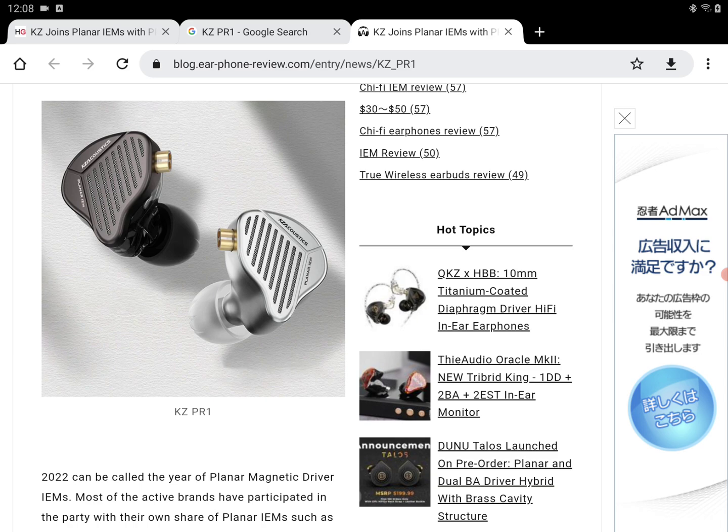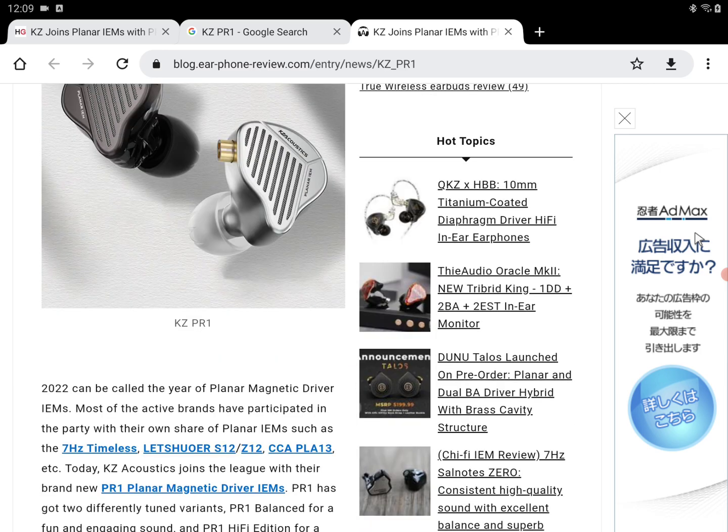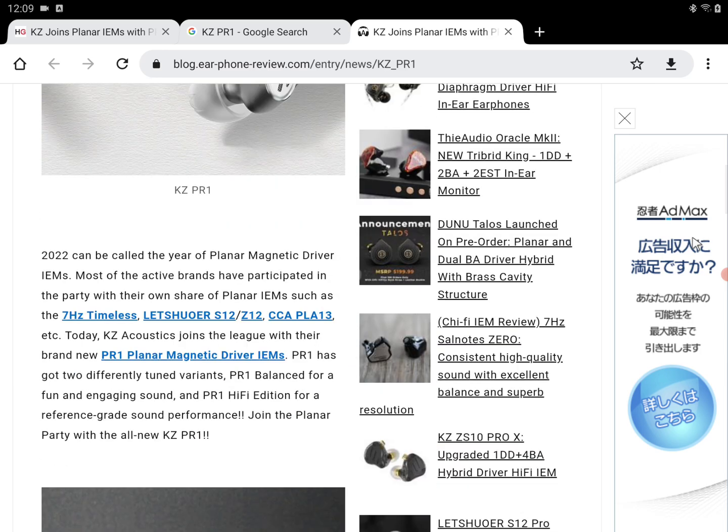Okay, so we have two PR1s here. There is the balanced edition that's priced at $68.99, pretty much just $68, and then there is the HiFi edition, which is priced at $73.99, about $73. So look, the report is saying that KZ developed a new 13.2 millimeter planar driver for the